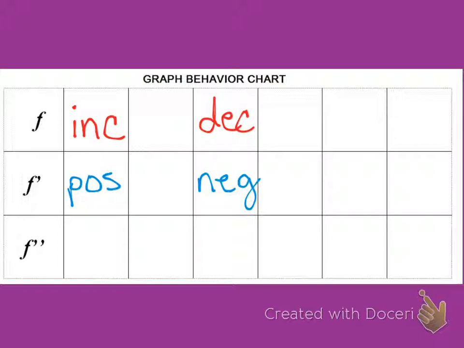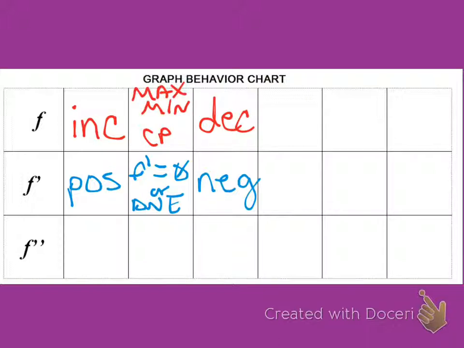So whenever this is equal to 0, or let's say if it does not exist, then that means that I will have a critical point in my original graph, which means I'm either going to have a max or a min. And the cool thing about this relationship, oh, by the way, that's a possible critical point. We have to do a test to see if it is actually a critical point. The interesting relationship between f and f prime is that it can be shifted down,